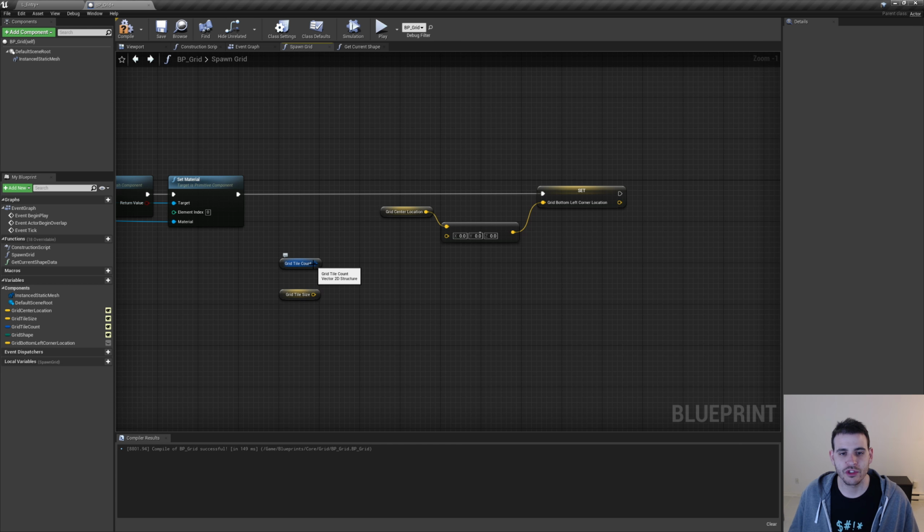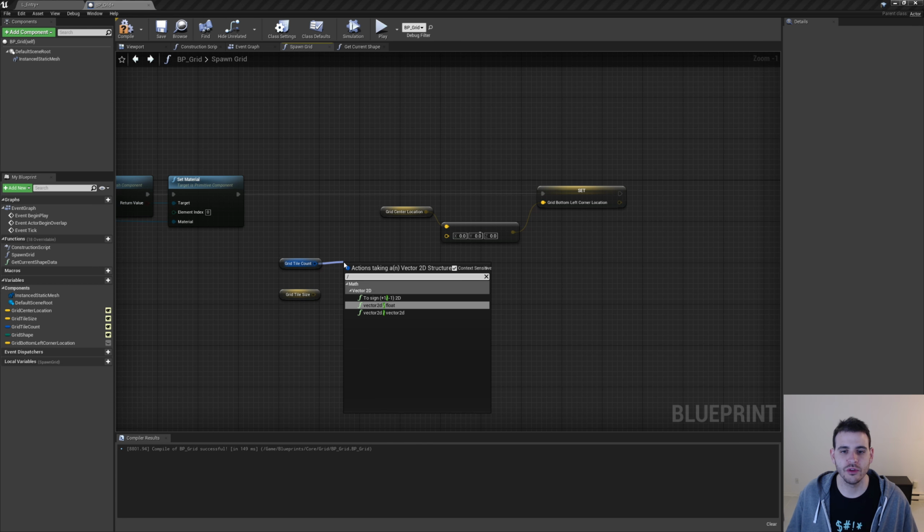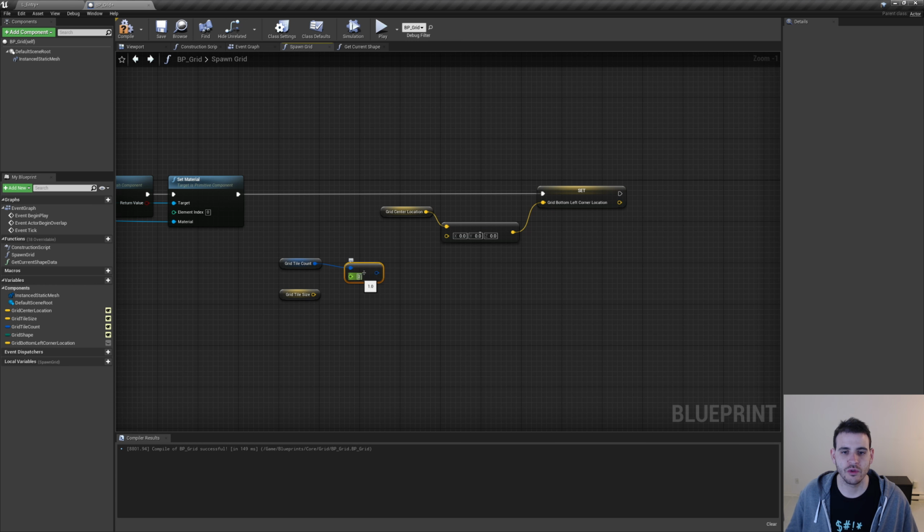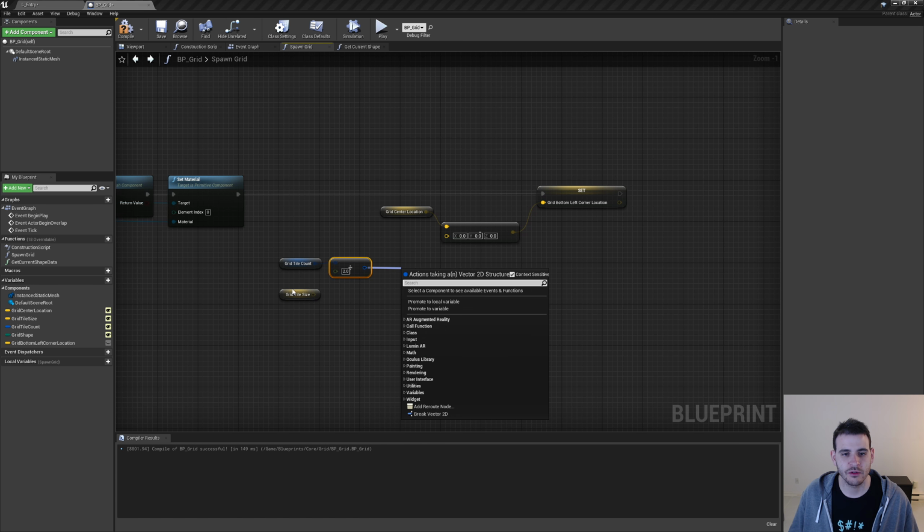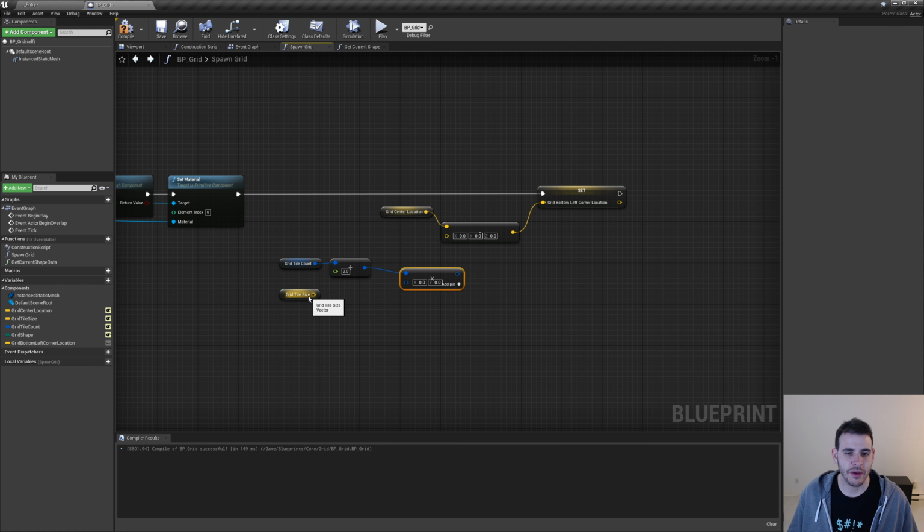Since we only want to subtract half of the grid, I'm going to divide the grid tile count by 2, so vector 2 divided by float, and I'm going to type 2. And then I will multiply this tile count right there, so half of my tiles, with the grid tile size. So I'm going to multiply vector 2 times vector 2, and I'm actually going to connect the grid tile size